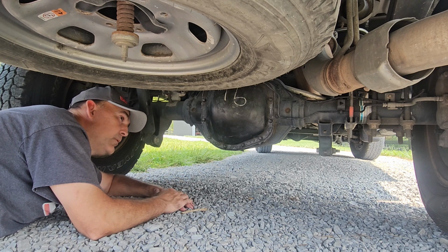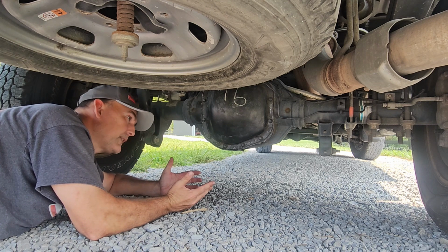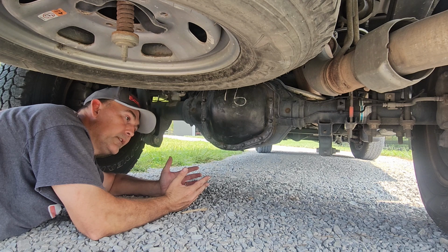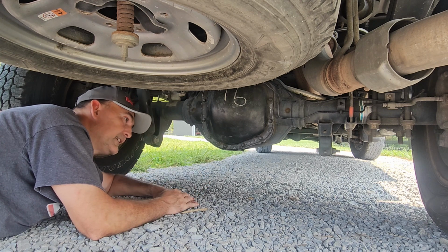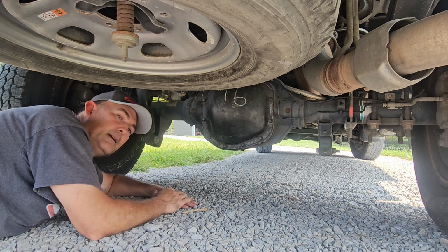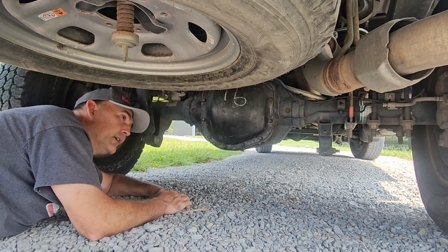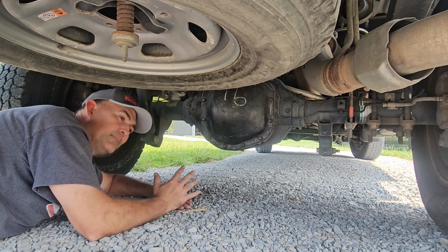But I'm not going to be towing a whole lot. I mean, I do tow with this truck, and the funny thing is, since I brought this truck home a couple of weeks ago, I've towed with it constantly. But normally I don't tow a lot, so I went ahead and went by the owner's manual and put the 80W90 back in here. I don't think it'll hurt either way, but just FYI on that, there's some differing opinions